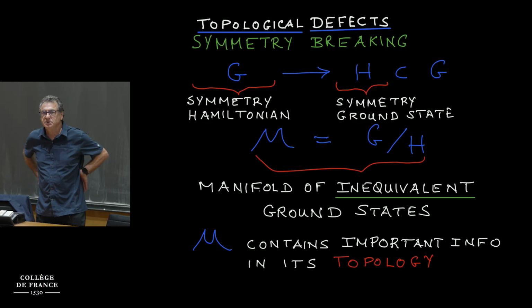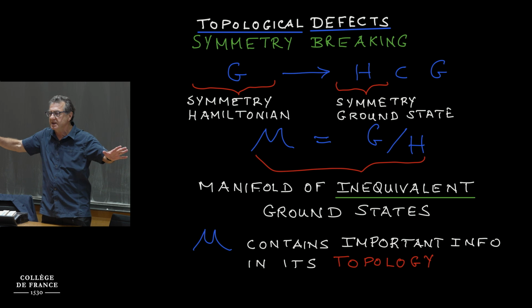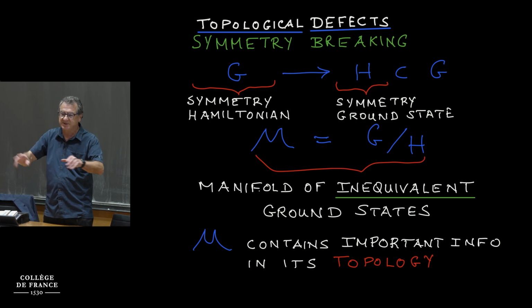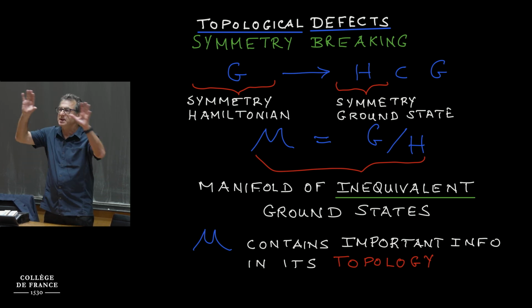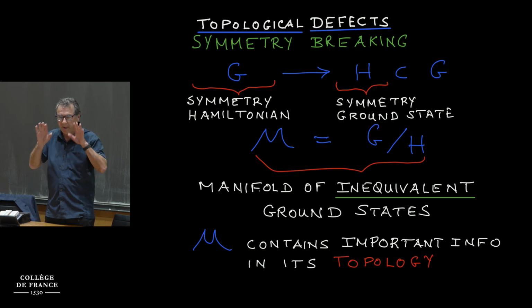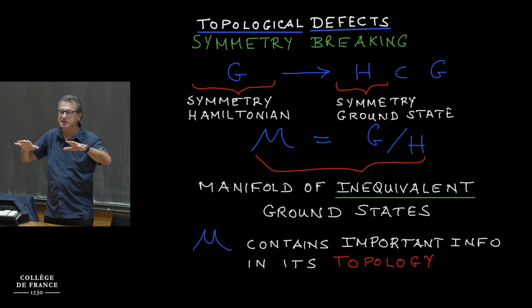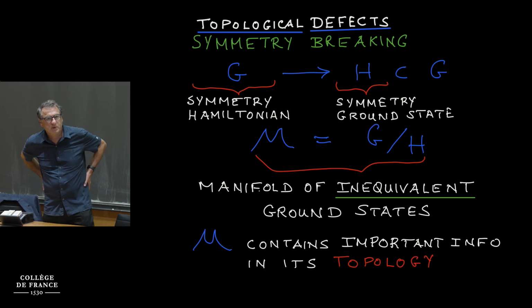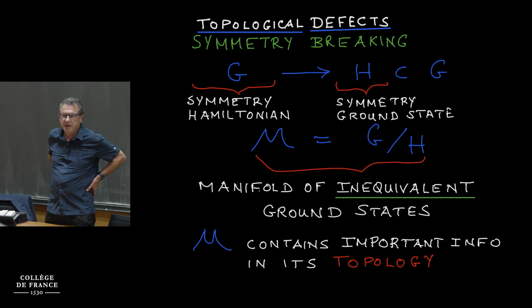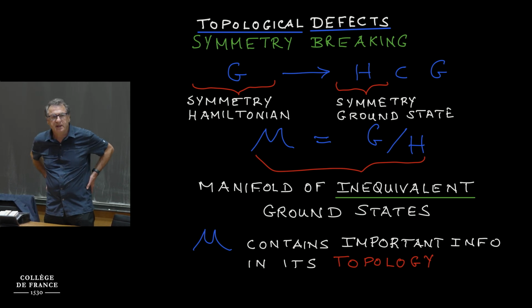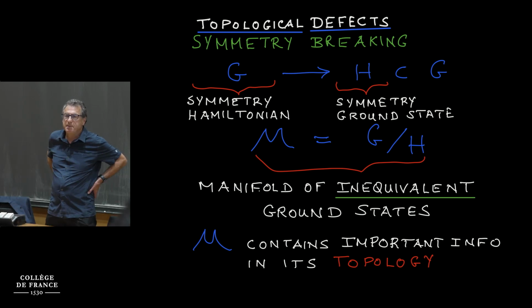The notion begins with a system, any kind of energy, Hamiltonian, Lagrangian, action, free energy, that has some kind of symmetry, and I'll talk mostly about global symmetries. So you have this usually big symmetry of your starting point. But when a system orders and goes into a ground state, that ground state often is